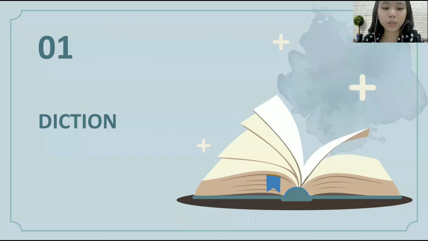Today we are going to be talking about diction and syntax. We will begin by explaining the definition, the purpose, and the types of diction in literature. And then we'll continue by setting the definition and the main elements of syntax. To finish, we'll show you analyzed examples of both diction and syntax.